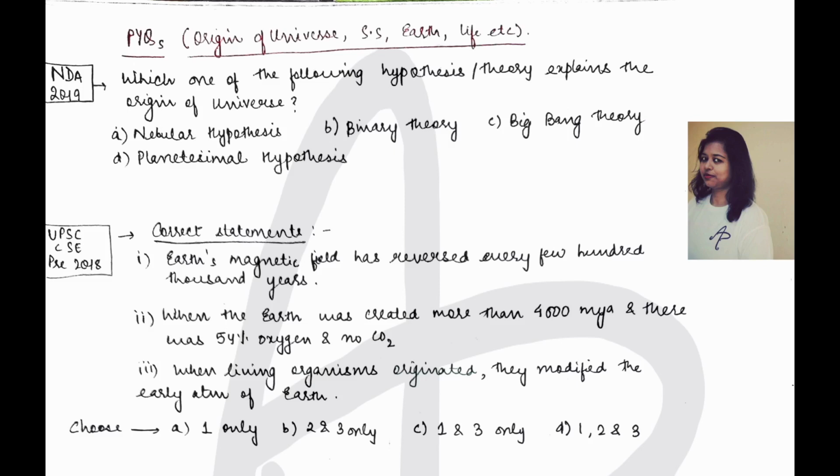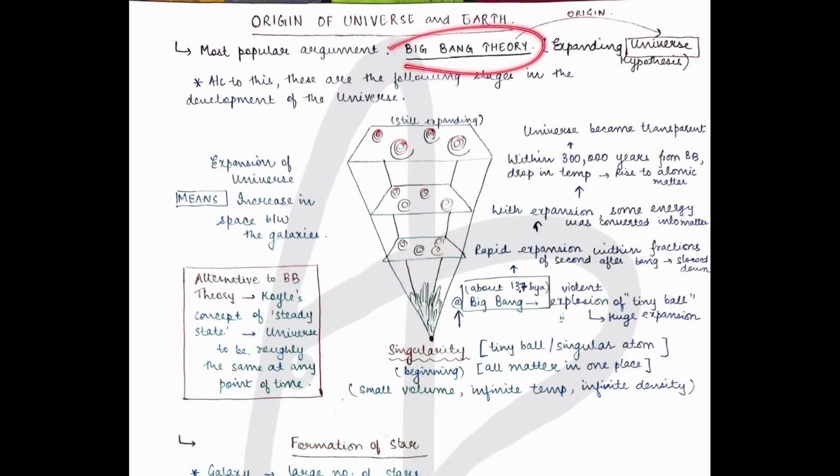Alright, I hope you have tried the answer. So now let's see what they have given. So here they are talking about the origin of universe. So the hypothesis or the theory related to the origin of universe. If you have done this topic properly, you should have directly known the answer, which is your Big Bang theory. Let's just see when we have done this. So we have done this, okay? Big Bang theory, which talks about your universe.